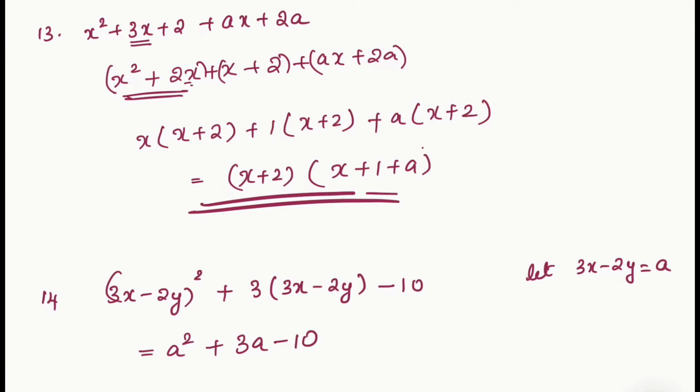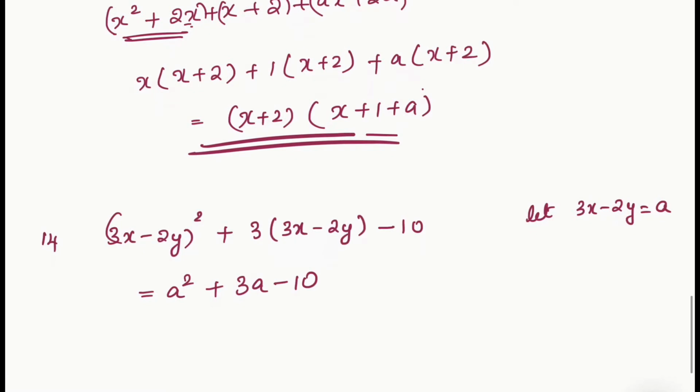We have done this in our previous classes, right? So how do we solve this type of questions? Here we get sum equal to plus 3 and product equal to minus 10. How do we split them and get it into that form? Your product should be equal to minus 10 and sum should be equal to 3. What are the ways you can write them? Can I write it as 5 into 2? So I can write plus 5 and minus 2. Plus 5 minus 2 will give me plus 3, and plus 5 into minus 2 will give me minus 10.